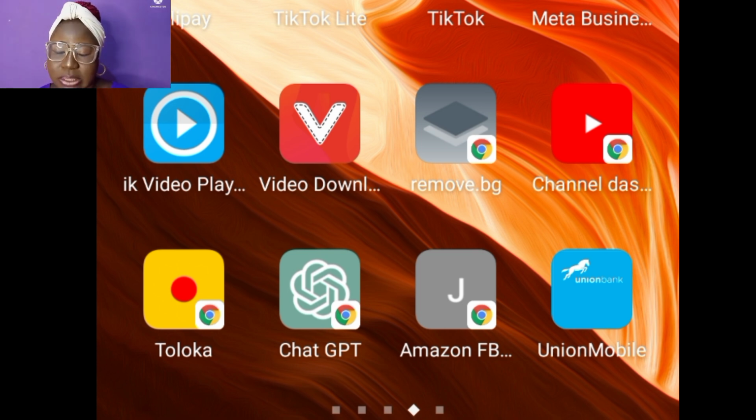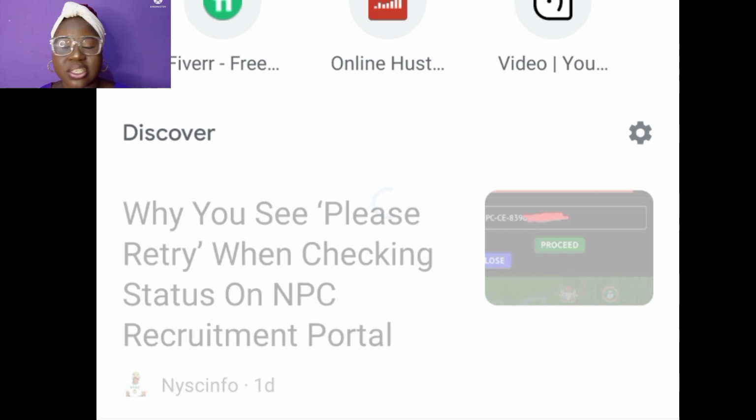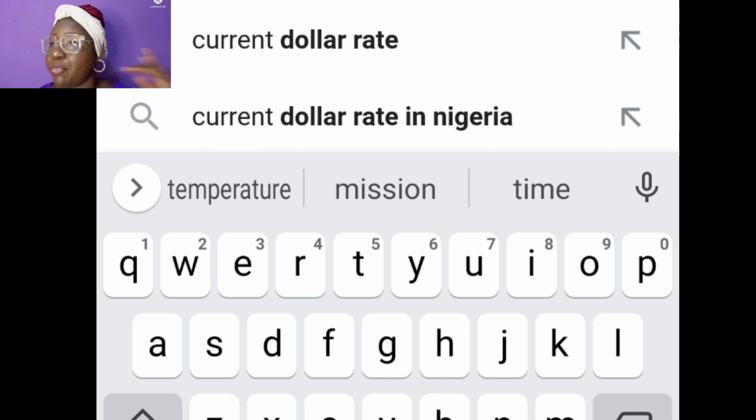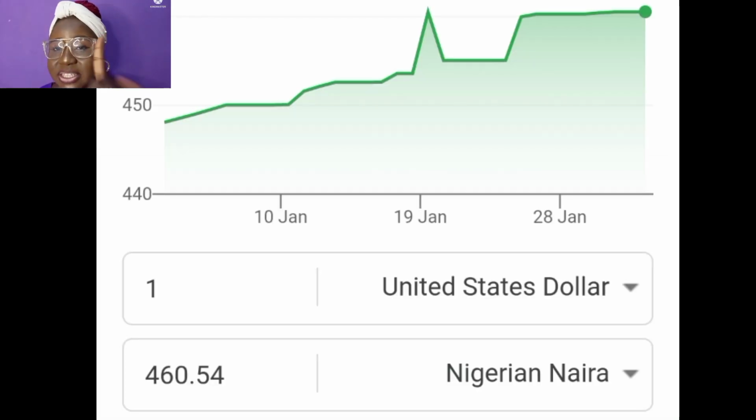So the first thing we are going to do, because what we want this website for is to receive dollar payment, is go to my Chrome browser. This is a new tab. I will type in current dollar exchange rate. So guys, as you can see, we are going to be using this website to receive dollars, or whatever currency you're using as a freelancer, then you convert that money to your current